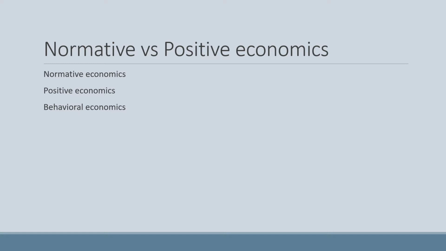Positive economics, on the other side, focuses on the description, quantification, and explanation of economic developments and expectations. It's very objective, fact-based. We get descriptive statements, and it looks more at cause and effect. Behavioral economics applies psychological insights into economic decisions and the decision-making process. What we can do is use economic policies as a tool for affecting social change and put environmental costs back into the equation.